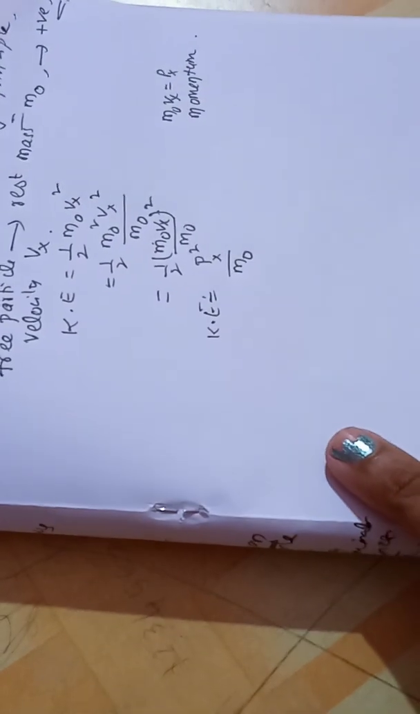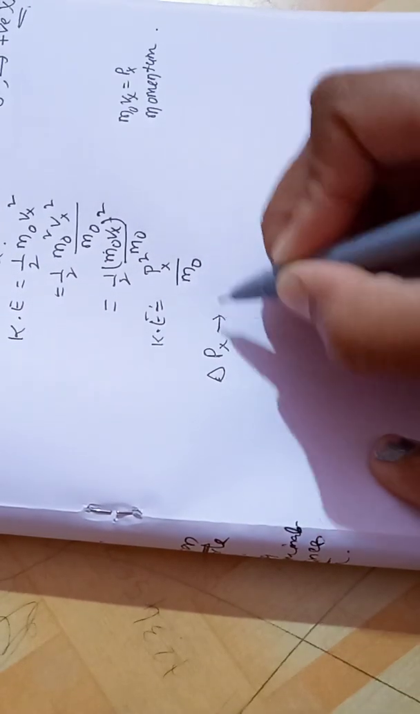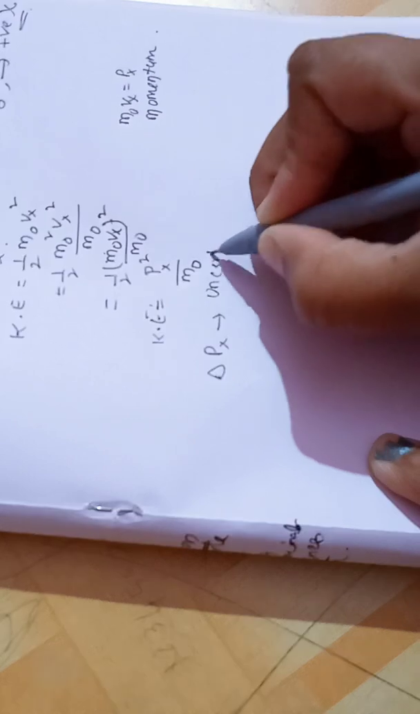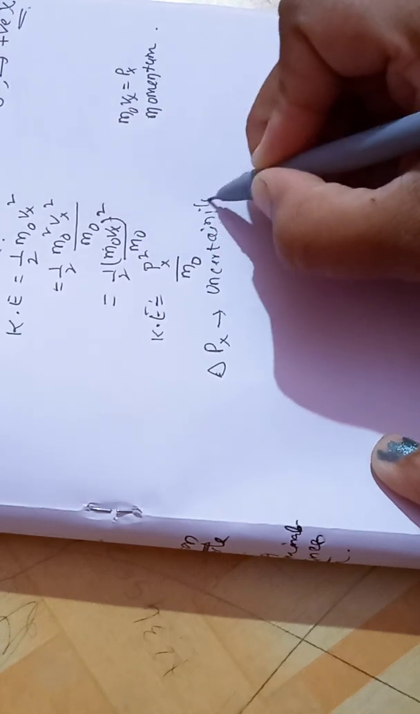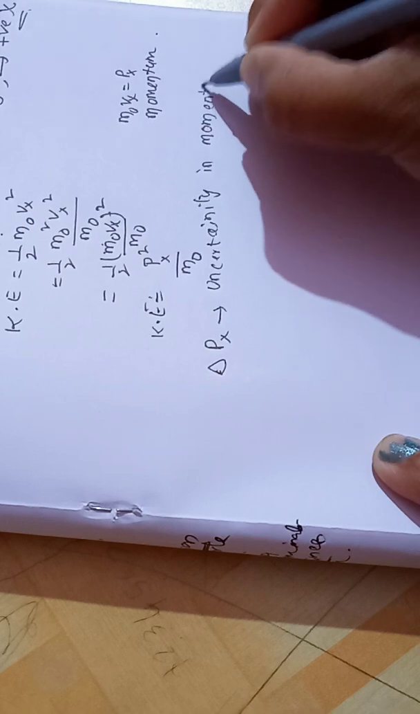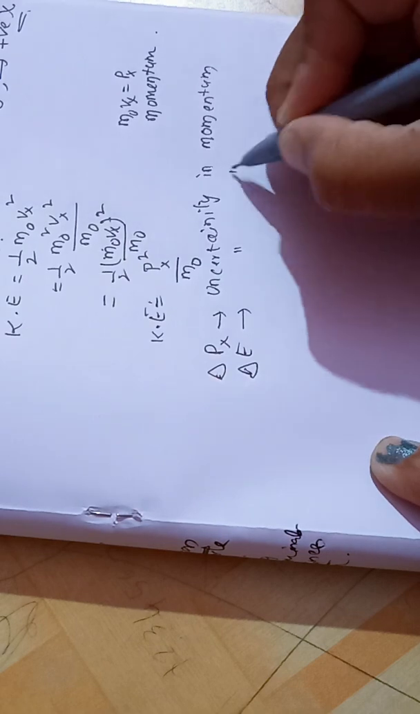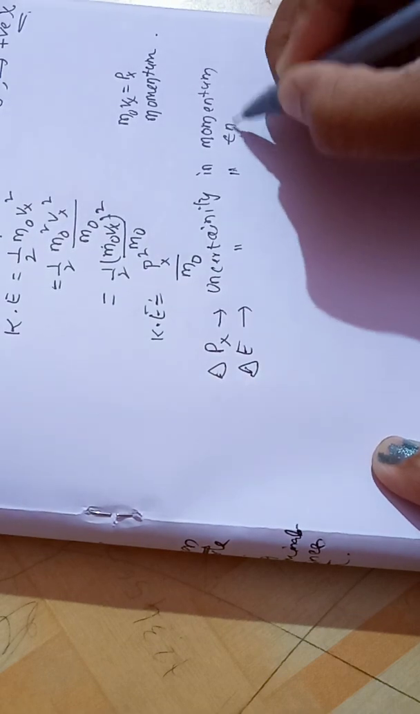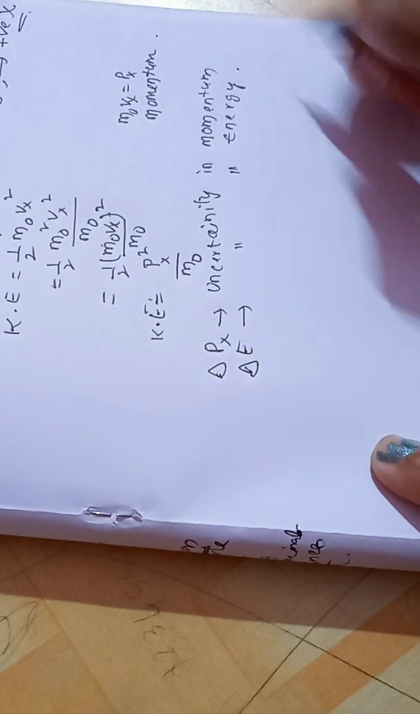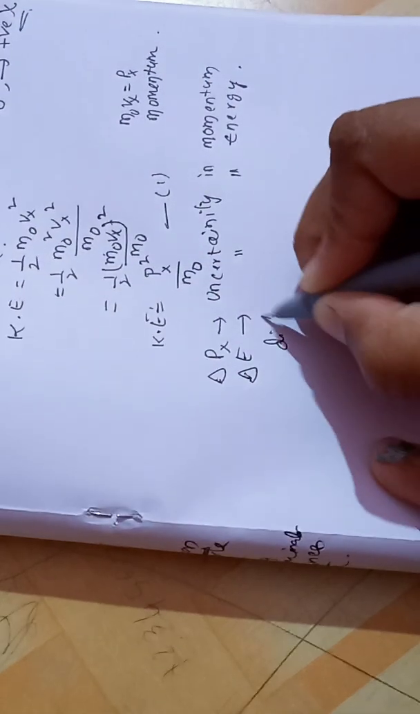Now let delta px be the uncertainty in momentum. Now let delta E be the uncertainty in energy. Then, differentiating